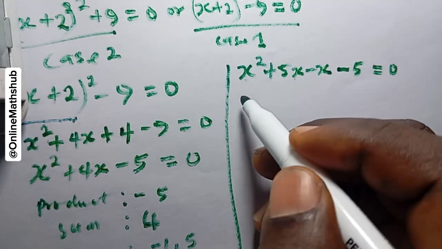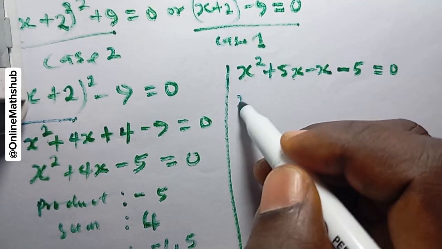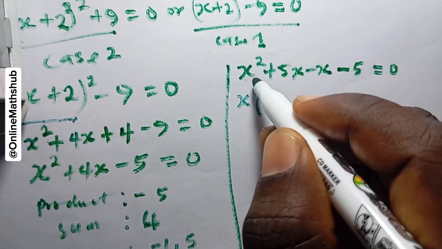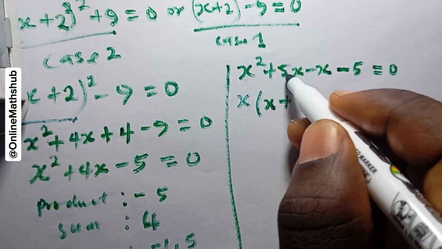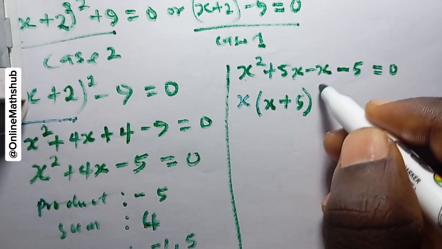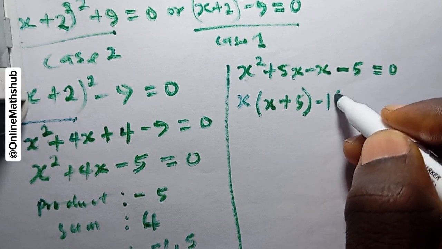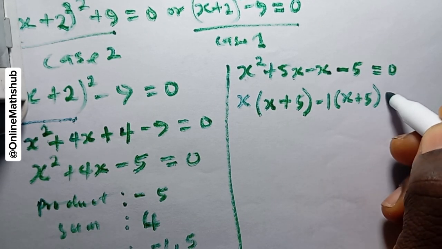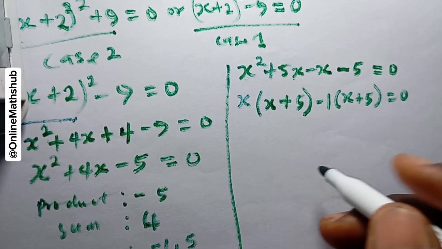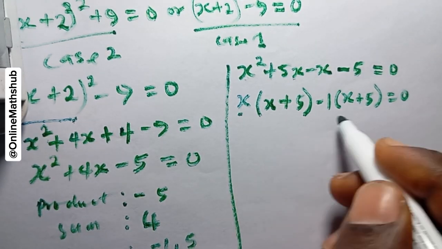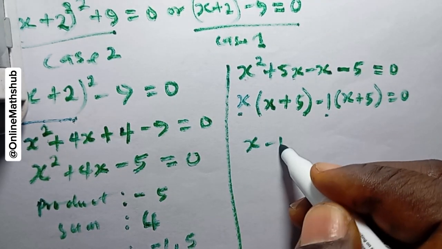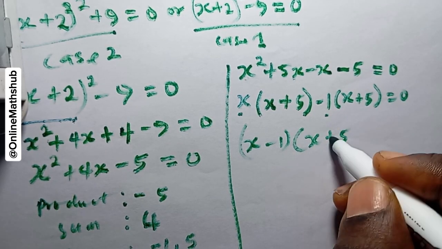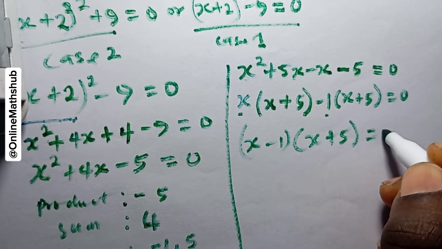When you look at these first two terms, x is common, so I will factorize that out. x remains here, plus 5 remains here. Minus 1 is common here, so I'll bring that out, so x plus 5 is equal to 0. Now I can pick these and these. So this is x minus 1, multiplied by x plus 5, and this will be equal to